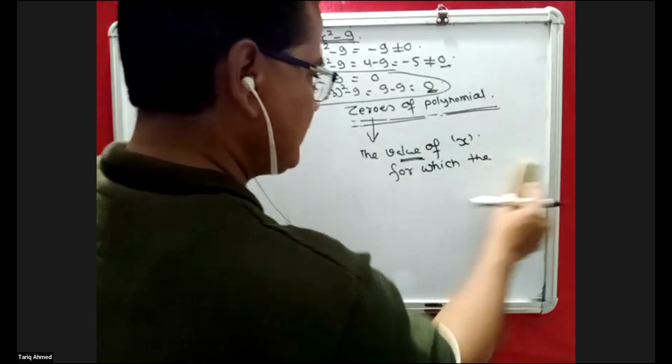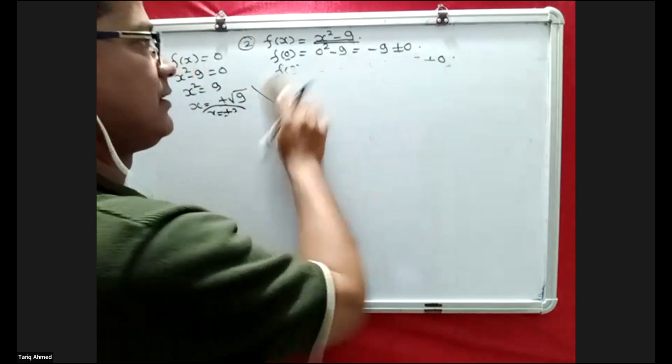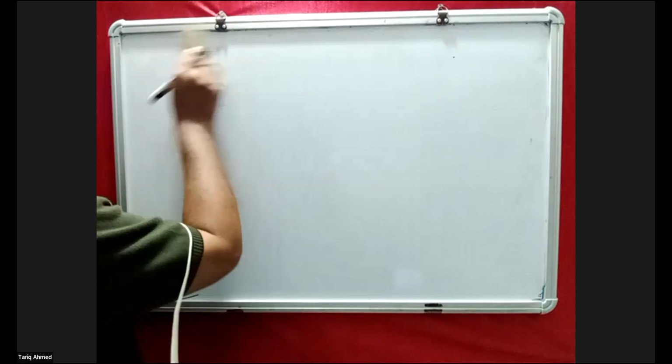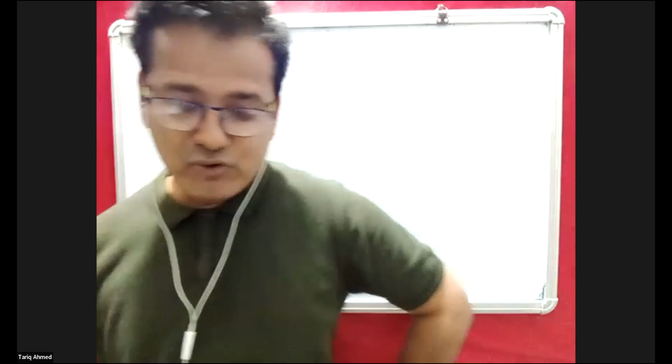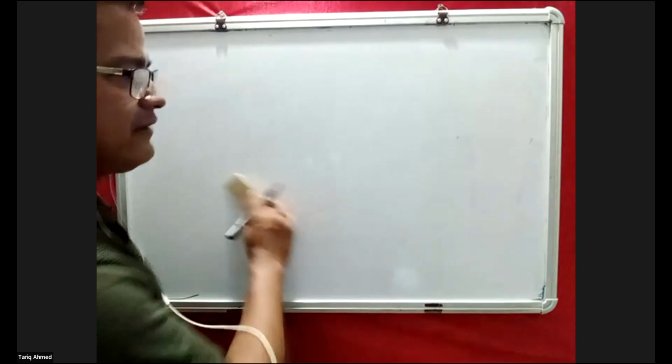So I'm going to repeat once again what we learned so far. We learned what zeros are. Zeros are the values of the variable after putting which, the net value of the polynomial becomes 0. Then we learned that a linear polynomial has only 1 zero, quadratic has 2, cubic has 3 zeros. Then we learned how we can find the zeros of the polynomial by putting that polynomial equal to 0 and solving for x. The values of x we get are the zeros. Fine. So far everything clear?